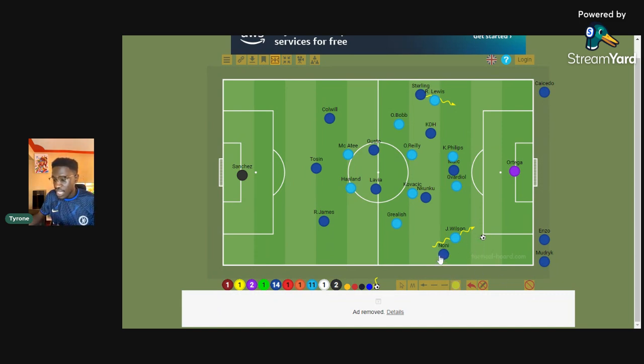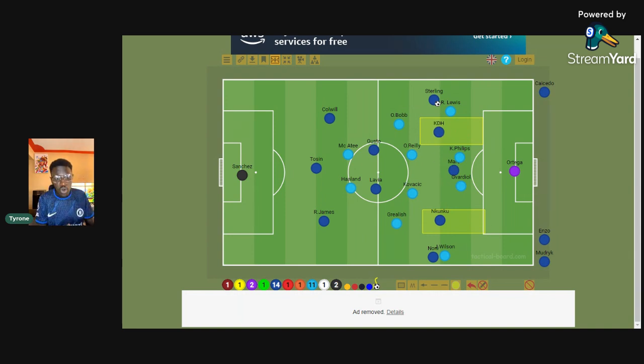Another thing, when you have them here, you're able to stretch the opposition defense. If the defense was playing narrow like this, and you have Sterling and Madueke looking to receive the ball in the wide areas, because they are so deadly and cutting in with their stronger foot, fullbacks will come out. And when fullbacks come out, spaces will open up in these half space regions, where you can have players such as Kiernan Dewsbury-Hall and Christopher Nkunku coming in to occupy this position. You'll also have players such as Cole Palmer coming in and occupying those positions.